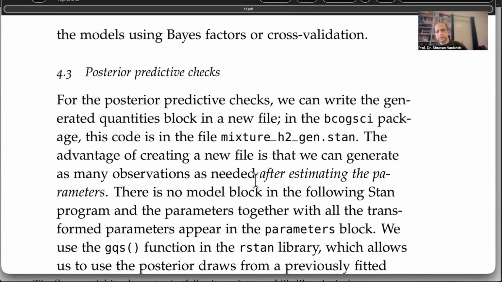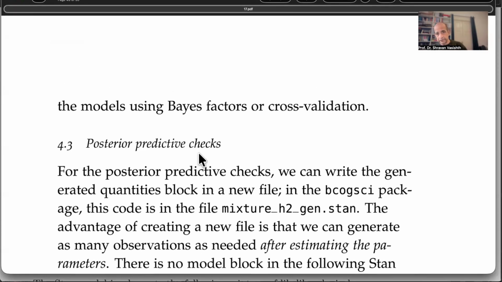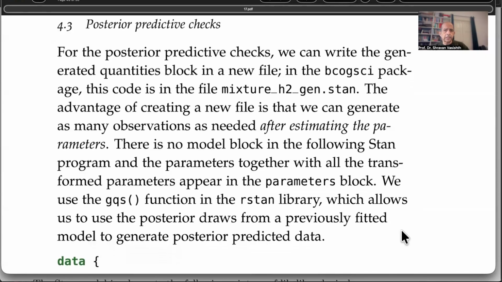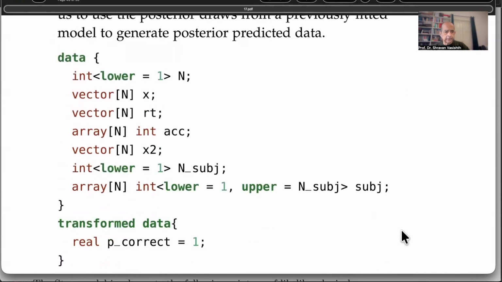I have lots of papers on my homepage where you would be able to find my examples of using Bayes factors and cross-validation, sometimes in the same paper, to decide between competing models. And the code is available if you want to look at it. So the posterior predictive checks can be done, of course, and